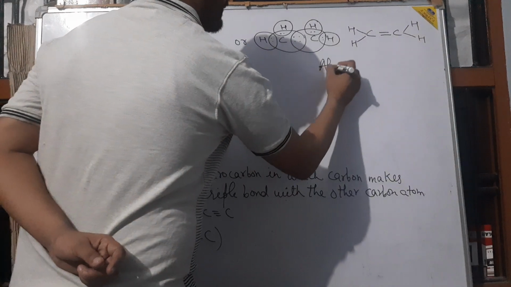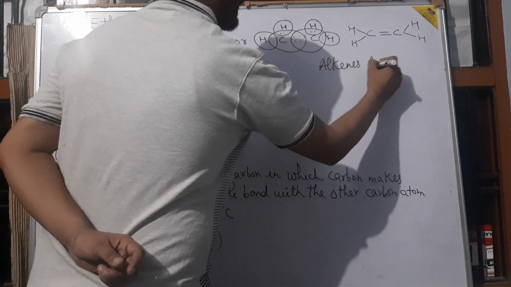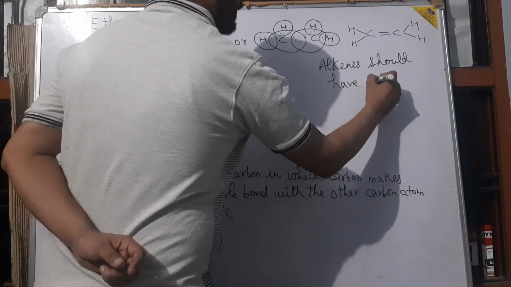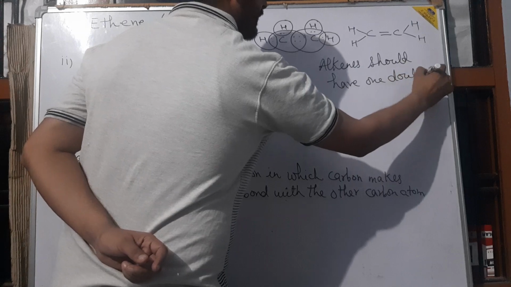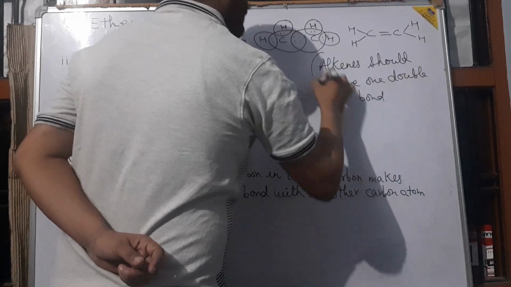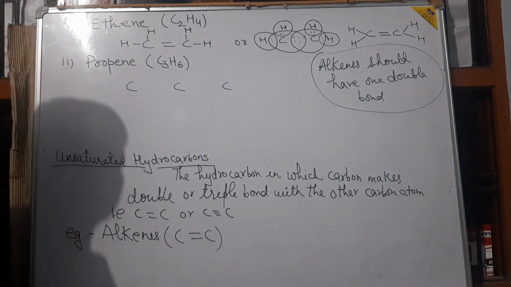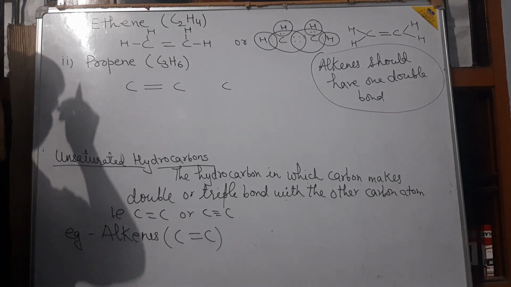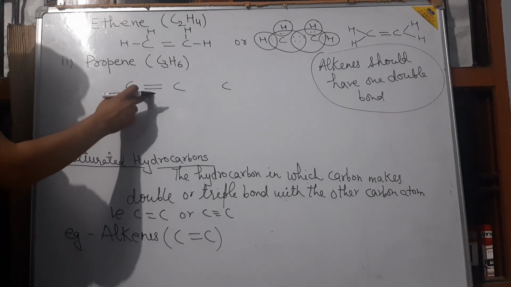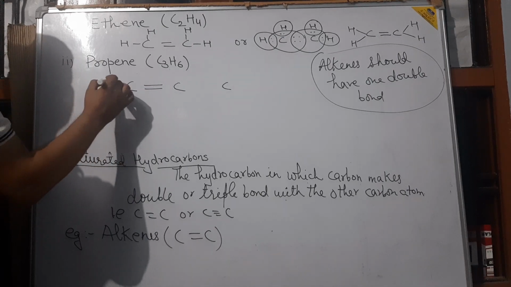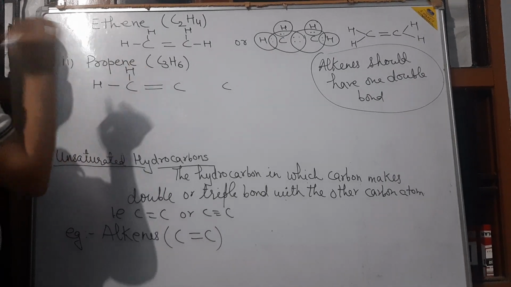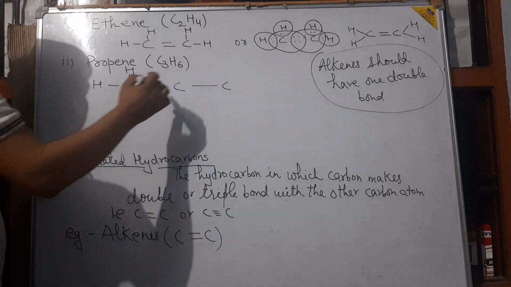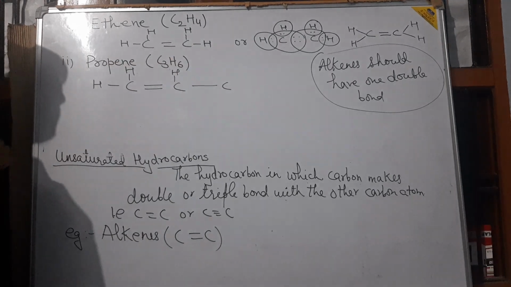Alkenes should have one double bond. So there should be the existence of one double bond in alkenes. So we put the double bond here. Now this carbon makes 4 bonds. 2 bonds are made by this carbon with this carbon. The remaining are provided by the hydrogens. This can make a single bond, and to complete this valency we put H here, and